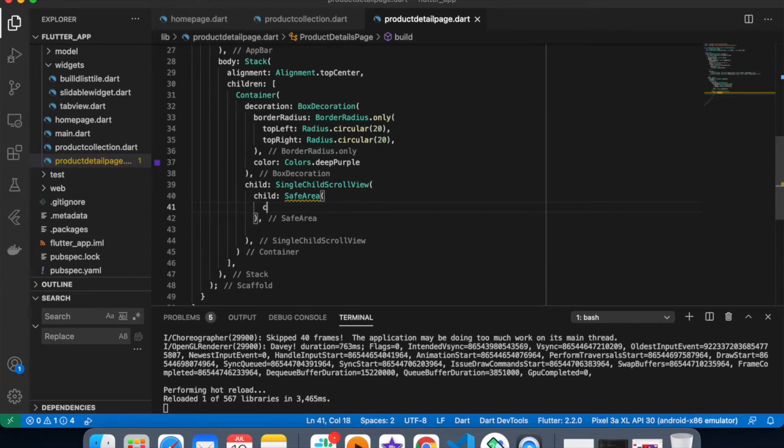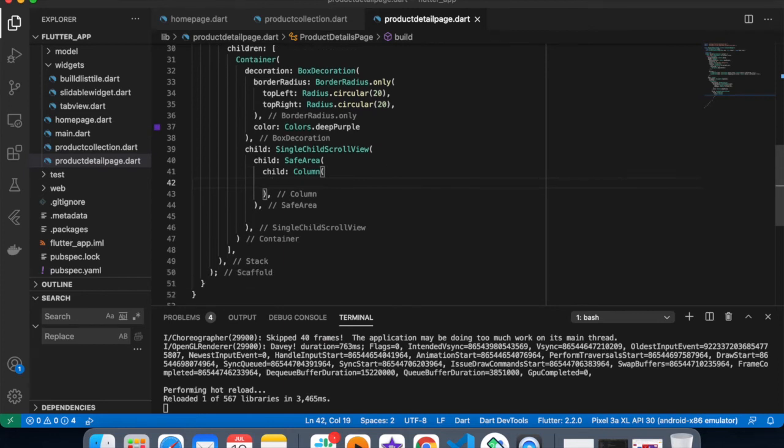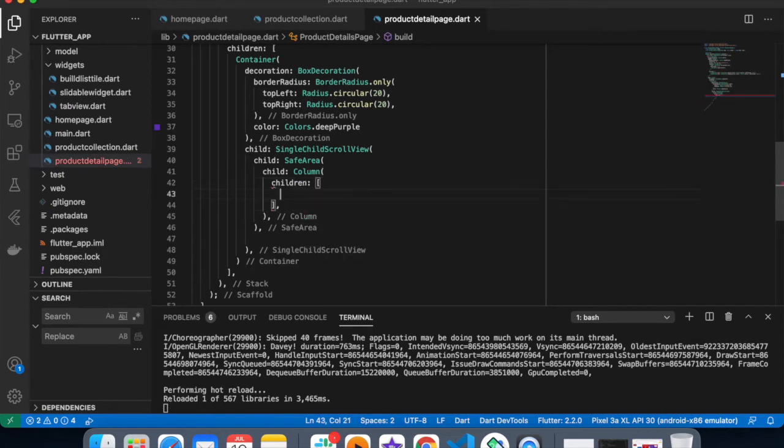Inside a safe area I'm using one column, and inside a column I'm going to use text as item dot name. Where did I get this item? Okay, I have already imported the product class.